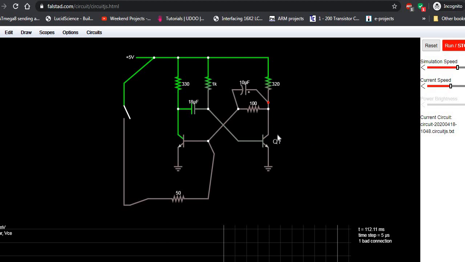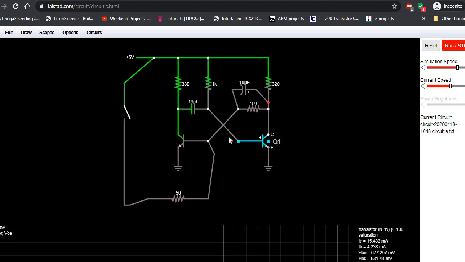Before the simulation, let us observe the voltage at the collector of Q1 and collector of Q2. See here, the voltage at the collector is 45 millivolts. 45 millivolts is nothing but approximately 0, right? So 0 means this transistor is in on state. Let us confirm whether this Q1 is on or off by looking at the base voltage. Once again, this base voltage is 677 millivolts, means 0.67 volts. So base voltage is 0.67 and collector voltage is approximately 0. So transistor Q1 is in on state, right? Triggering is not applied, transistor Q1 is in on state.